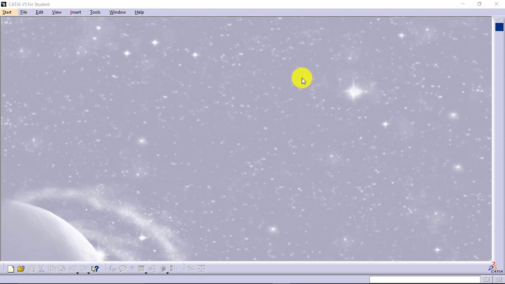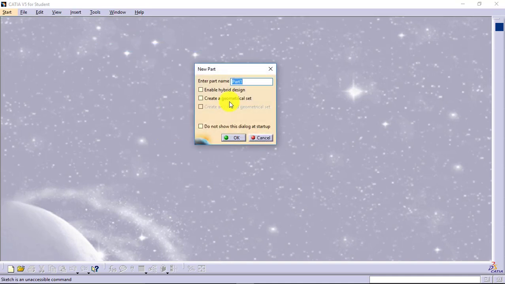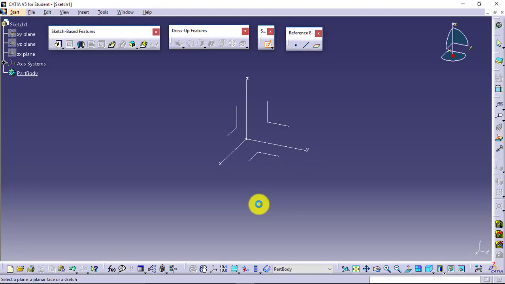We will be creating that sketch, we will be making it fully constrained, and we will also be going for the inspection, and if any errors are there, then we will be resolving that as well. For the same, I'll go for Start, Mechanical Design, Sketcher. You can give the name of the sketch whatever it is. I'll give Sketch 1 and I'll say OK.